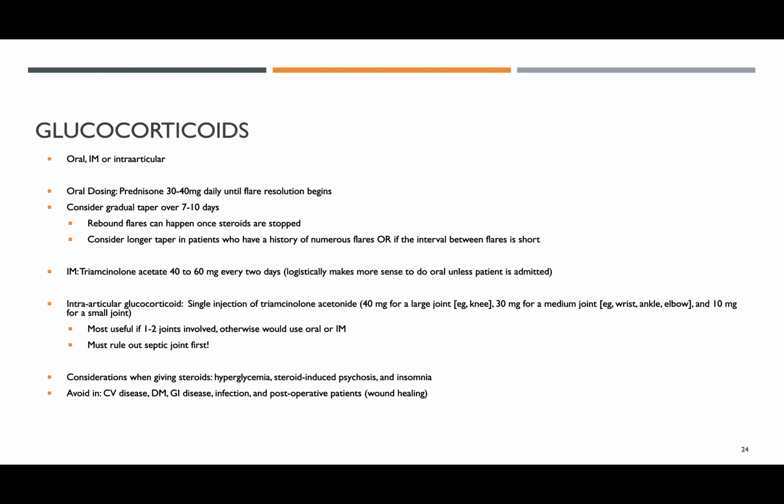And then when at a loss for whatever you can use, you always have your magic bullet, your glucocorticoids, which you can give either oral, IM, or intra-articular. Oral dosing for prednisone is about 30 to 40 daily during a flare, and then would gradually taper after the flare's resolution, not because you're worried about HPA axis